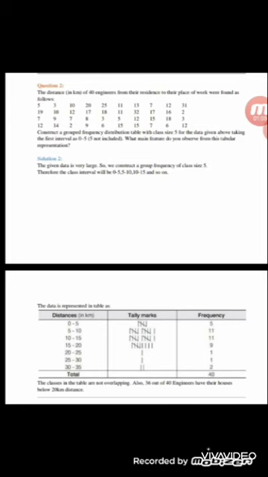And then we make a distribution table. This is distance: 0 to 5, 5 to 10, 10 to 15, 15 to 20, 20 to 25, 25 to 30 and 30 to 35. And then we write the frequencies 5, 11, 11, 9, 1, 1 and 2, and the total number of engineers is equal to 40. From this table we can write our answer.